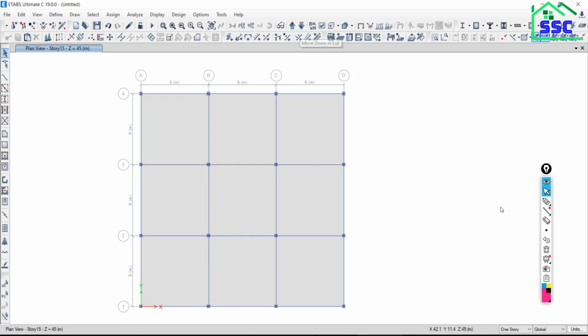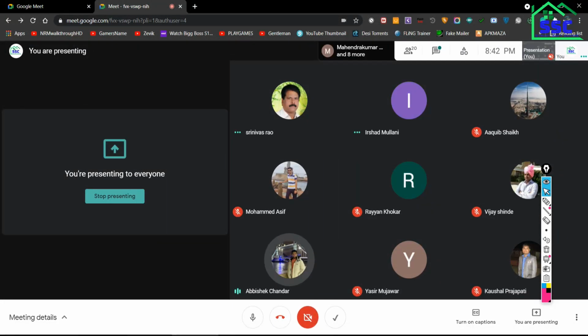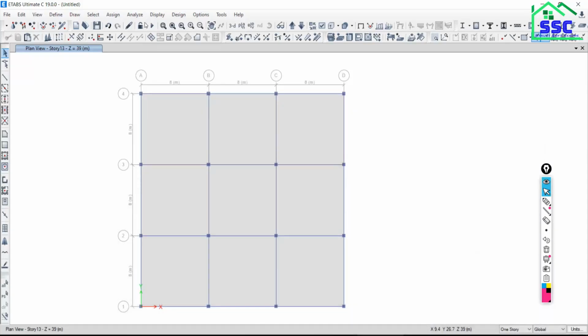So suppose 100 floor stories are there, a 100 floor building. Suppose I am at the 99th floor and I have to come to the first floor. So is this an effective way to come to the required floor? No, sir. Then what? You can choose plan and go to the first floor. Exactly. Then one option is given here.